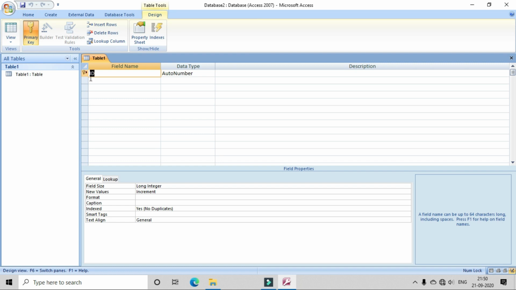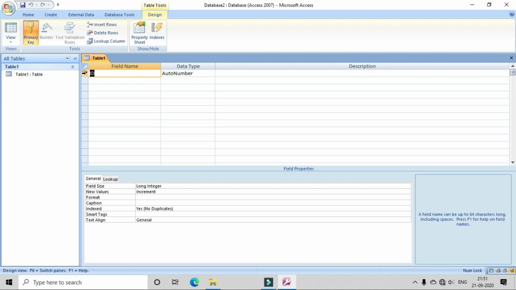Now this is the area where you will create the field name. Okay, so as you can see this key-like structure, it is called primary key. What is primary key? A primary key is a field or set of fields with values that are unique throughout the table. Values of the key can be used to refer to entire records because each record has a different value for the key. Access automatically manages primary key for a new table in MS Access.